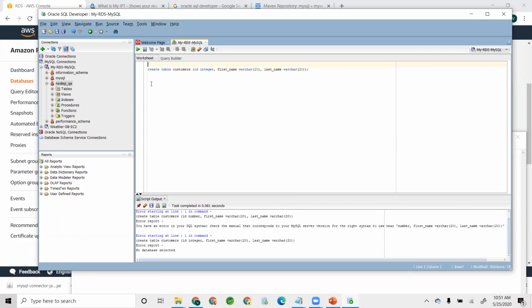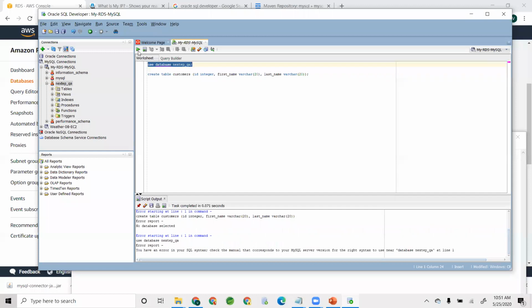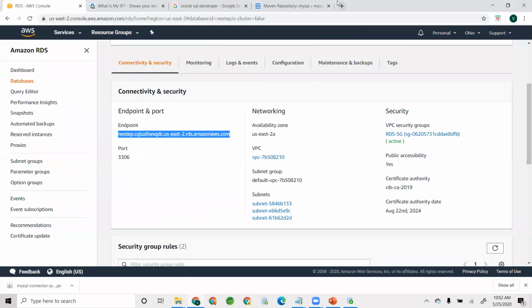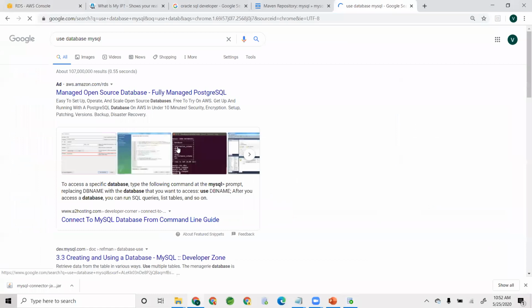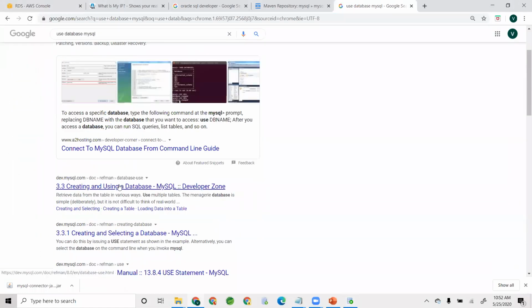So let's say the first statement could be use database next step underscore QA. Where do you want to select it? Probably you don't need this. Is that right? Use next step, no, use. Let's find out. I think we can do set schema. I don't know. Use database MySQL, right? It's actually use database